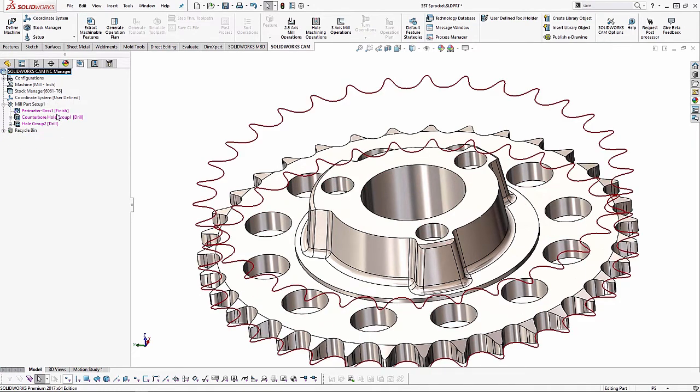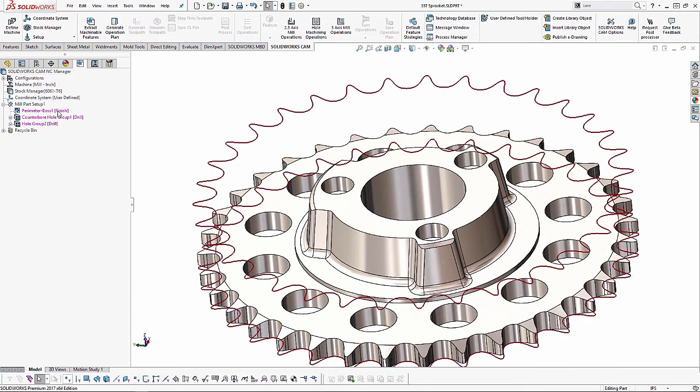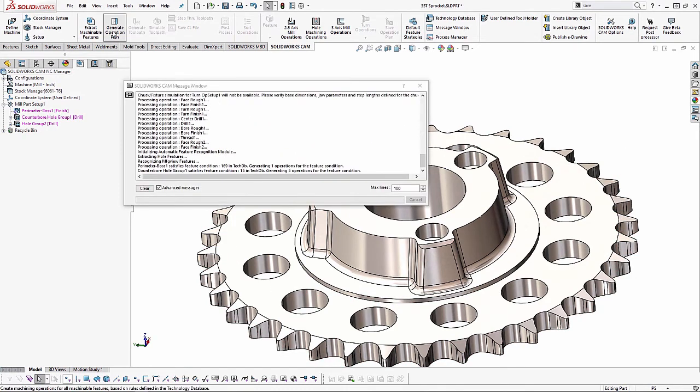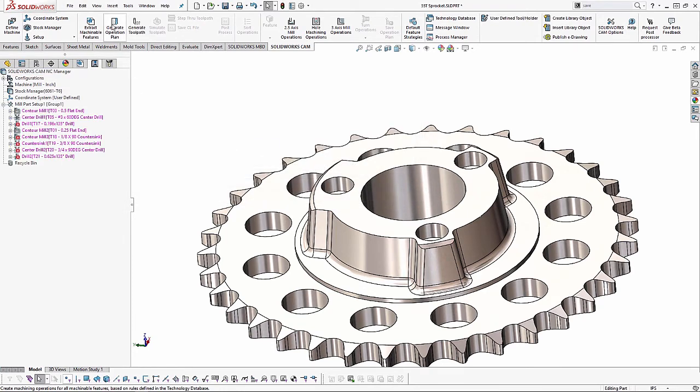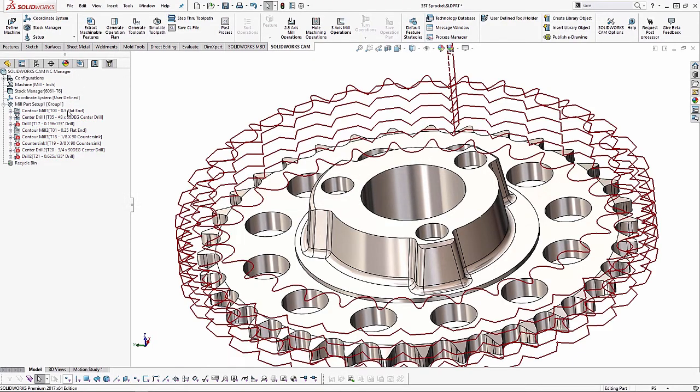And we're going to run with this for right now. Portions that it didn't find were these faces. Those are 3-axis faces. It typically won't find those. So we're going to go ahead and just run with it for now. We're going to generate operation plan, which is running those features through the database. We're going to generate toolpath on what it found, and we'll just kind of take a look at what it